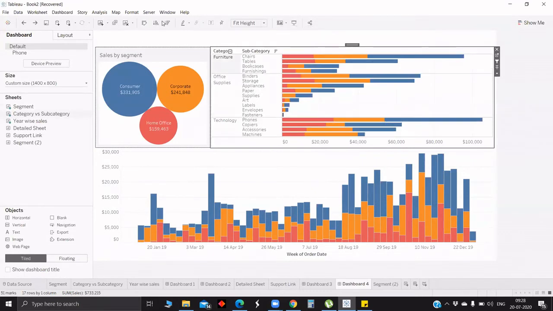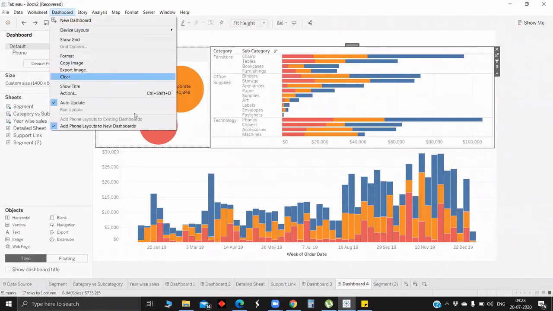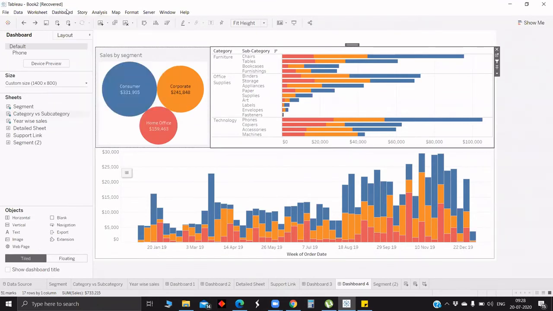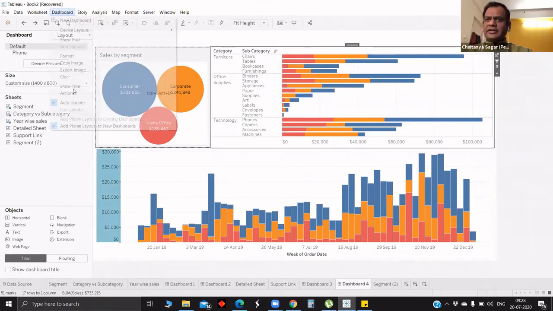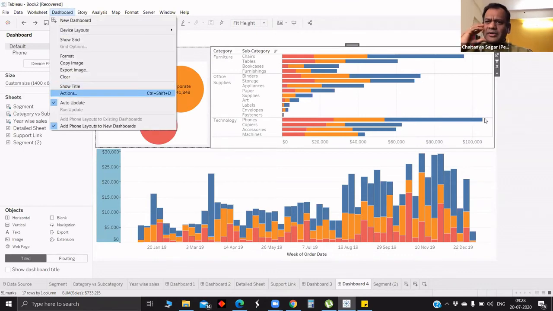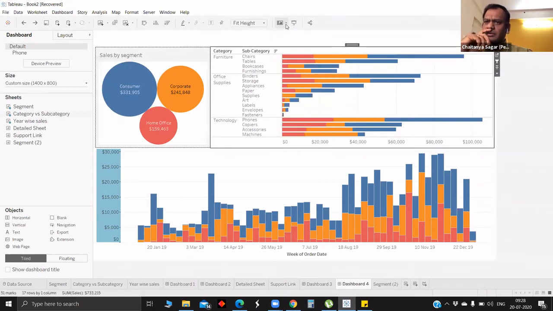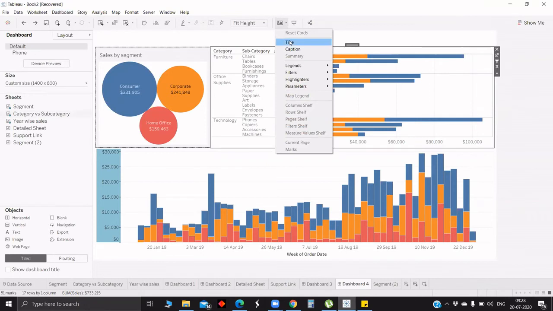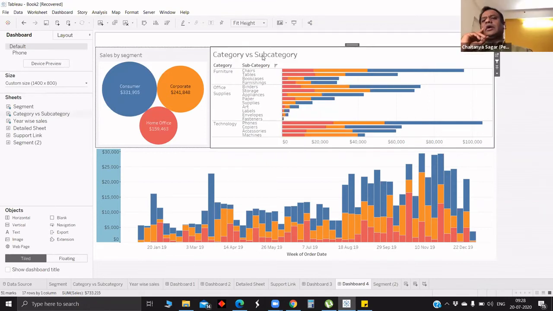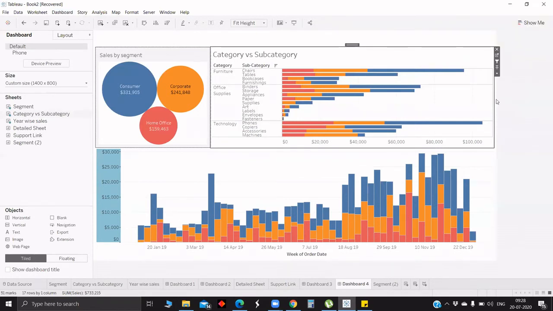So now we will look into the dashboard actions, what all we have. So how to go to dashboard actions is click on the dashboard. Show hide cards. What does it do? It's the same as the drop down which we have seen. So if you select title, it will show the title. Similar to here we have the drop down, right?